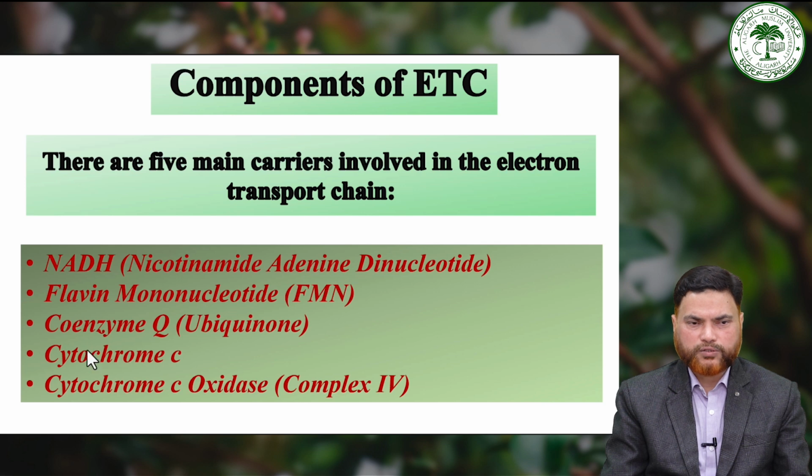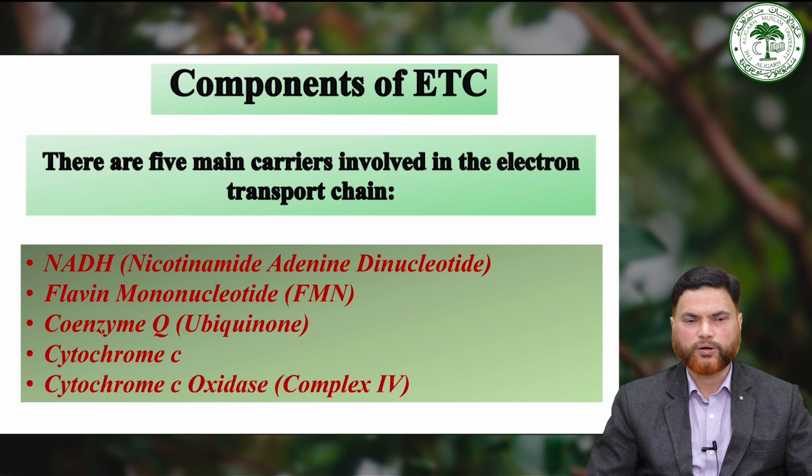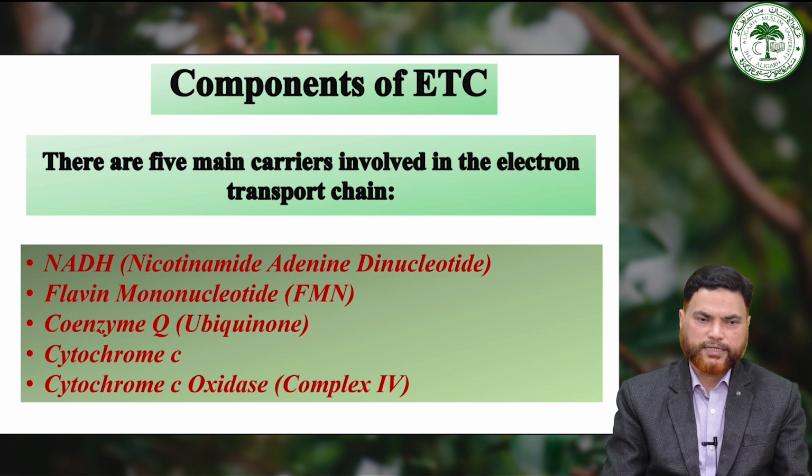Now, the third carrier is coenzyme Q, also known as ubiquinone. This coenzyme Q is a lipid soluble molecule, and it is also one of the mobile carriers that transfer electrons from complex 1 and complex 2 to complex 3. And this coenzyme Q is the only electron carrier in the electron transport chain that is not a protein bound prosthetic group. It is a carrier of generally hydrogen atoms, that is protons plus electrons. So, you must note this very